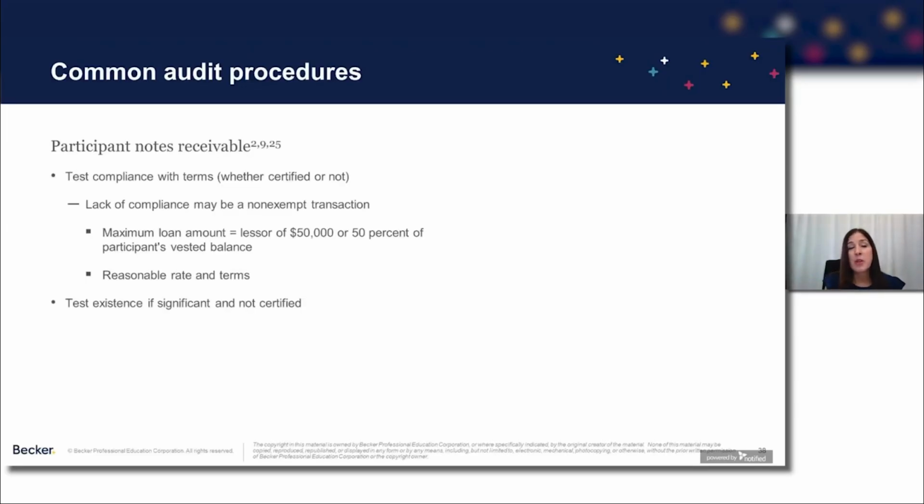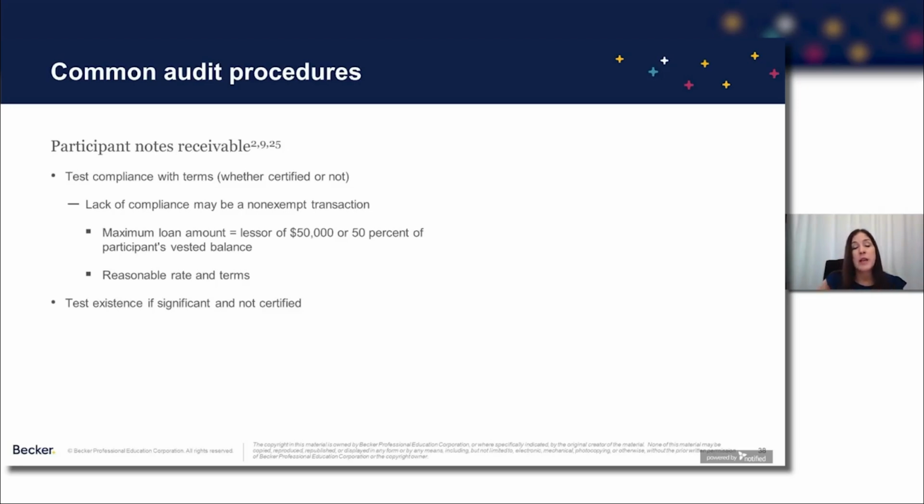Participant notes receivable is another common area on your EBP engagements. If the plan document allows for participant notes receivable, this is where the participants will borrow money from their account. So the cash leaves the plan and goes to the participant, and then the participant pays that loan back, typically through withholdings from payroll. So we have to test to make sure that that participant note receivable is in compliance